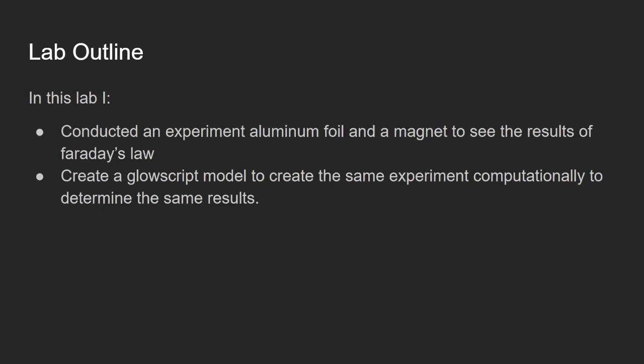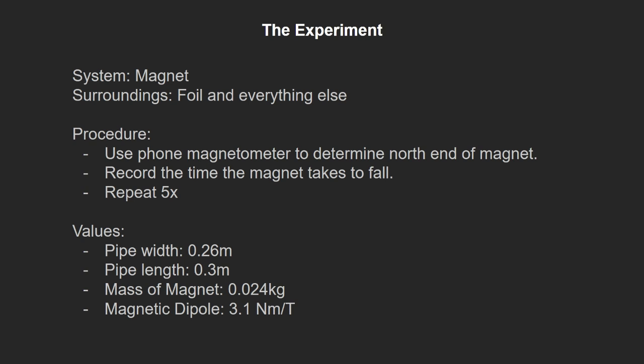So in this lab, I conducted an experiment using aluminum and a magnet to see the results of Faraday's law. And then I also created a GlowScript model to create the same experiment computationally to try to determine the same results. For the real-life experiment, the system was the magnet and the surroundings were the pipe and everything else. For the procedure, I used my phone magnetometer to determine the north end of the magnet being used in the experiment,